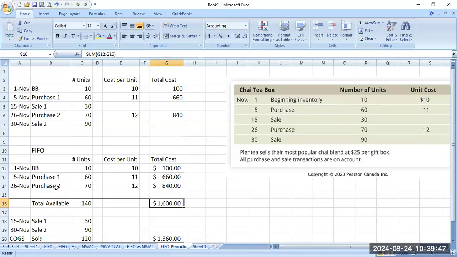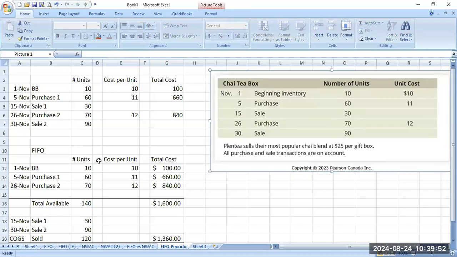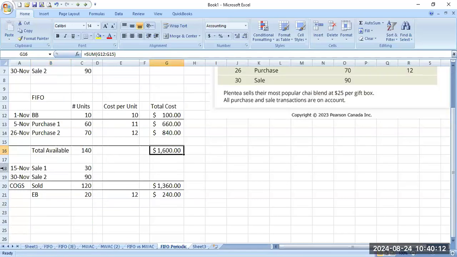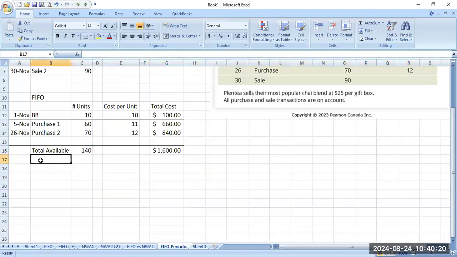So in here, again, what we're going to do is check our beginning inventory. We're going to add the purchases, and we're going to come up with the total goods available for sale, 1,600. Now we're going to do a slight modification here. What will be the modification? At this point, once we have the inventory available for sale,